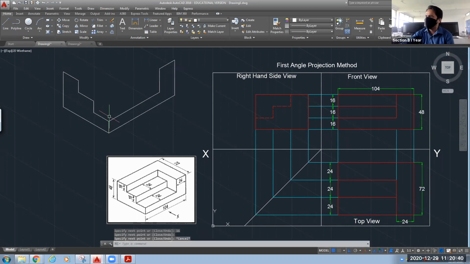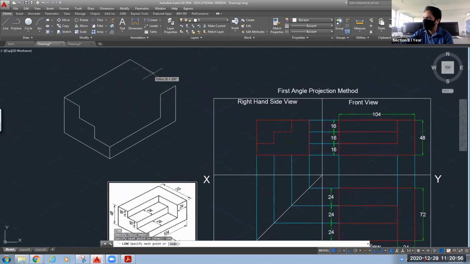Okay. Now this top portion is left. So again, I will change the cursor symbol. Start with this top corner. In this direction, I want to move 104. Let me bring that into the picture, and you need to connect this point. Okay. Now again, I will go for the line command. I want to start from this location. In this direction, I want to move 104 minus 24, that is 80. And I want to close this.